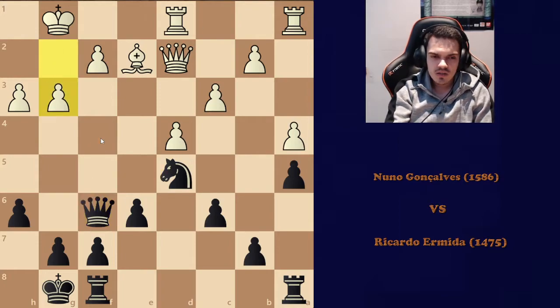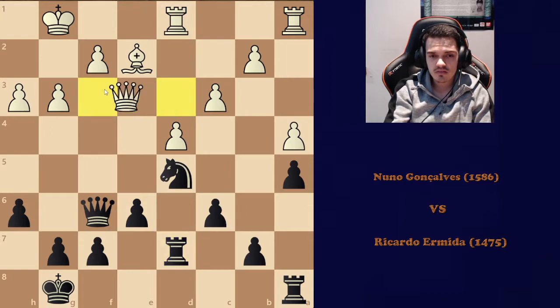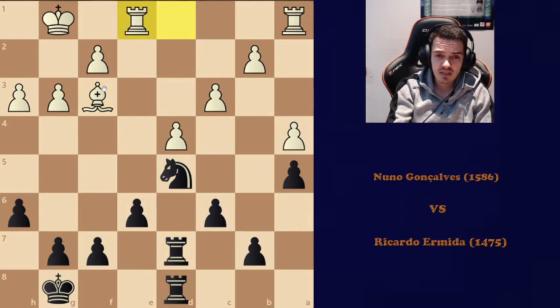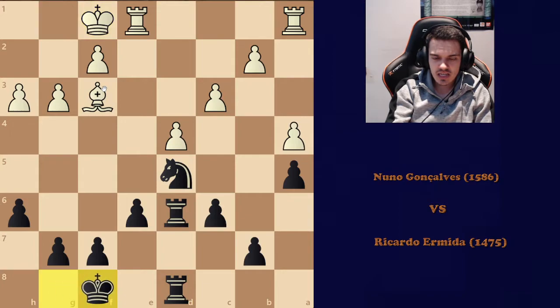Okay. g3, rook d8, queen d3, and here I thought he probably just wants to trade everything, and that's what ended up happening. And we reached this position. Went rook d6. I don't even remember exactly why, but in the end, I just brought my king up. It took, and here,